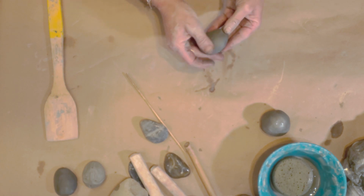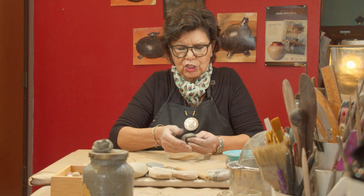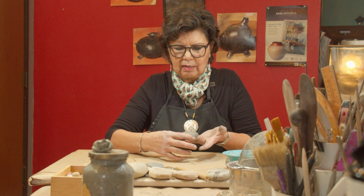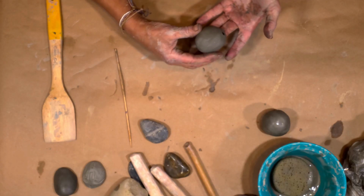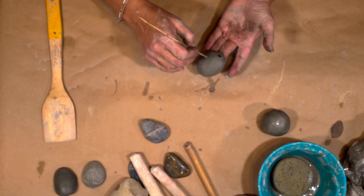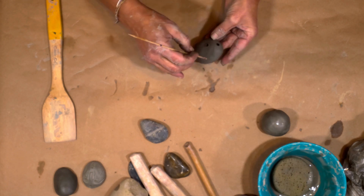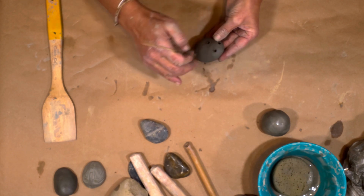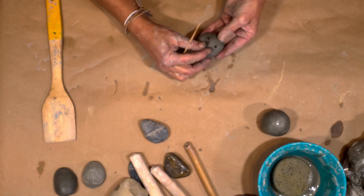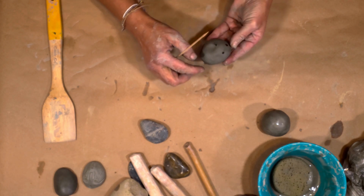So now this is really, really soft clay. So just shape. It doesn't have to be oblong, but since we're making a mask-like piece, you can then draw in the clay, just something simple, like for the eyes, maybe. You can even pinch up the nose a little bit. And once you put your designs in it,